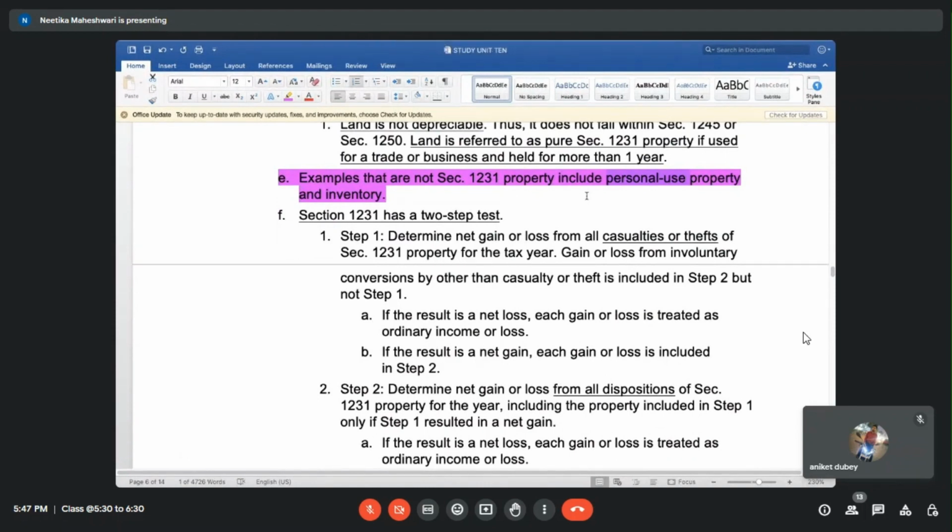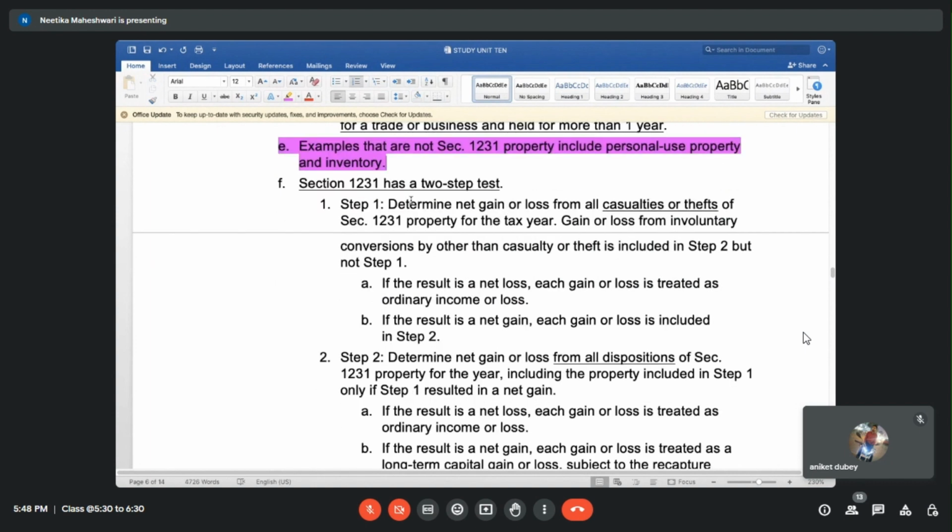In the context of section 1245, we said that there could be personal properties, but I'm not meaning individually held properties or personal use property. Those are still business use property. So section 1231 is not applicable to personal use property. And inventory, it could be an asset, but it is a current asset. It's not a depreciable asset. It can be written off, it can be obsolete, which is a different thing, but it's not an asset that gets regularly depreciated.